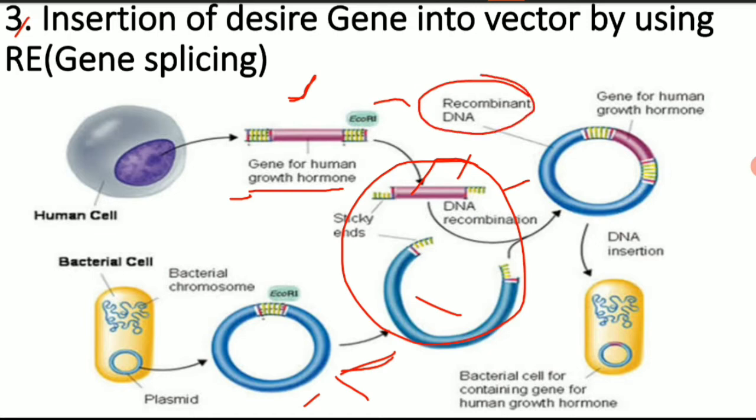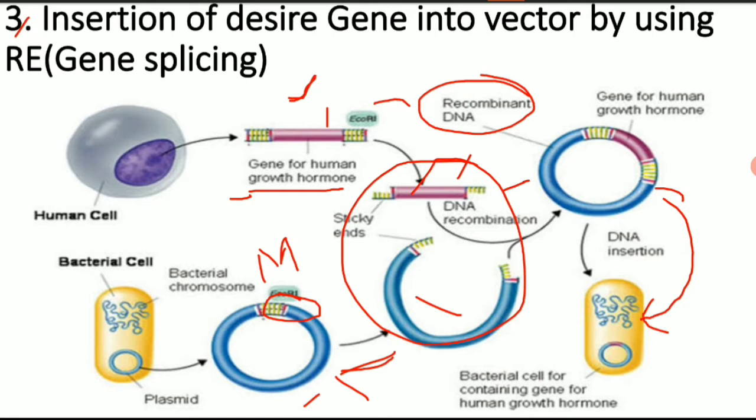The desired gene is inserted into the marker gene, for example an antibiotic resistance gene like the tetracycline or streptomycin resistance gene. So this DNA is inserted into that, and after the formation of recombinant DNA, this recombinant DNA is inserted into